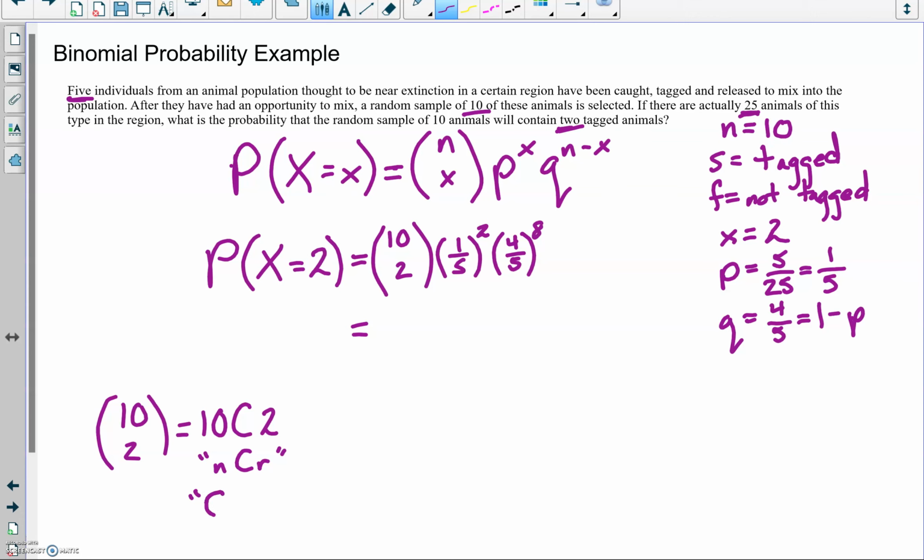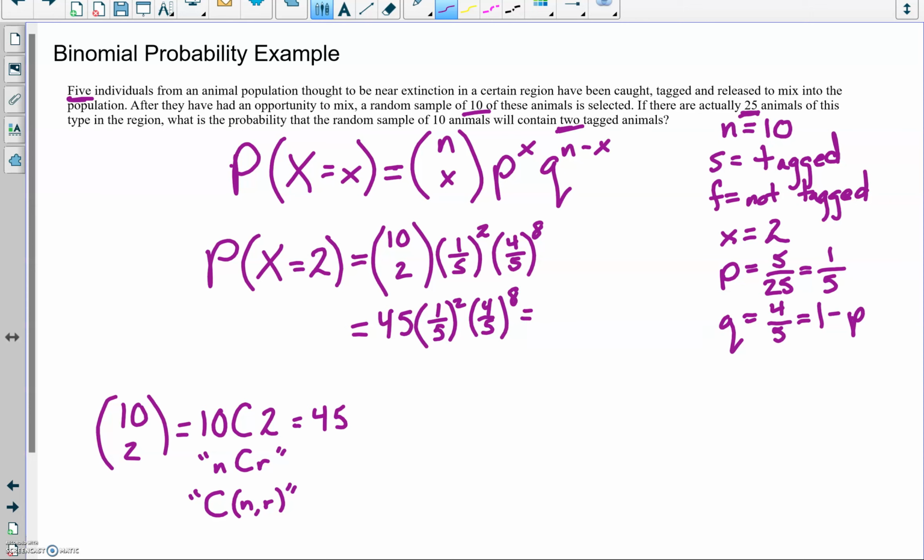And in Desmos, you type in C, parentheses, n comma r, and either way you put in the information and you will get this value, 45. So we'll have 45 times this 1/5 squared times 4/5 to the 8 power,